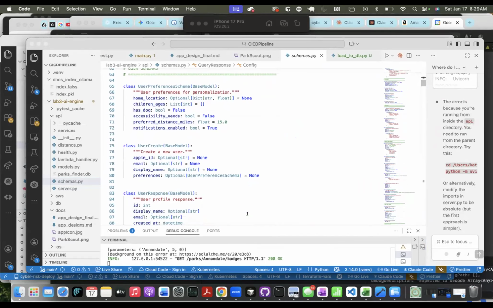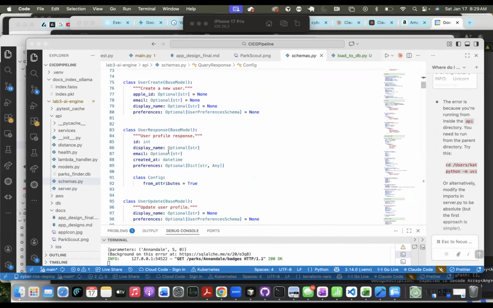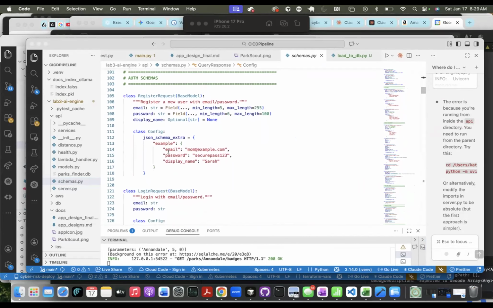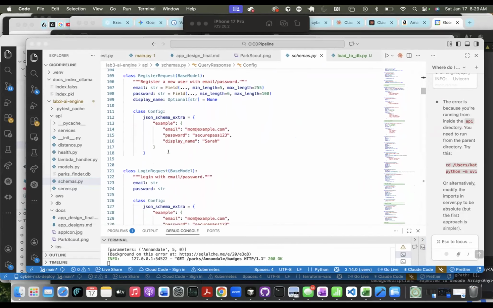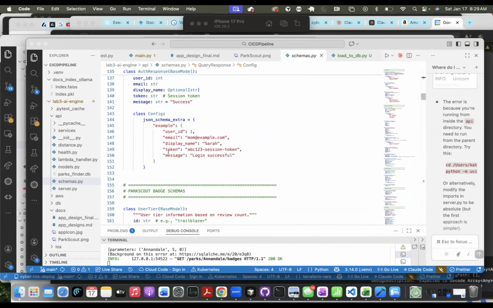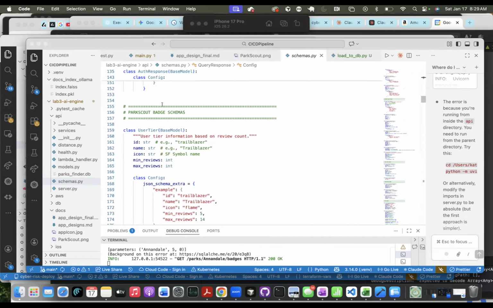The user schema covers the creation of user preferences. The authorization I don't think is working yet, so we need to figure that out because it's not allowing me to register the user. I added the Park Scouts badges, because I wanted tier information based on your review count.